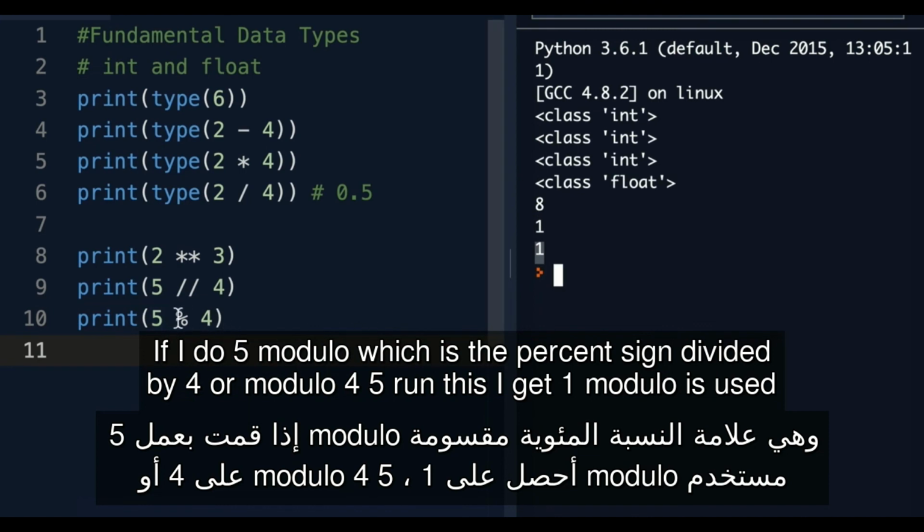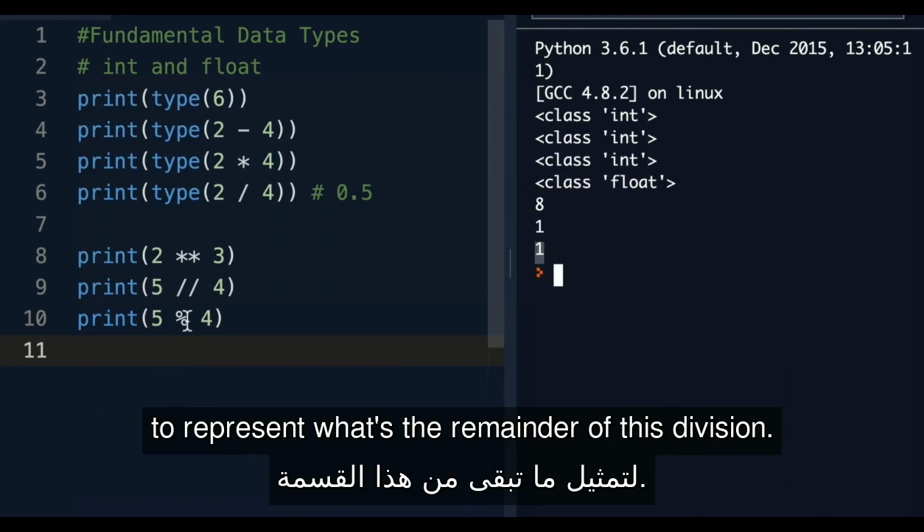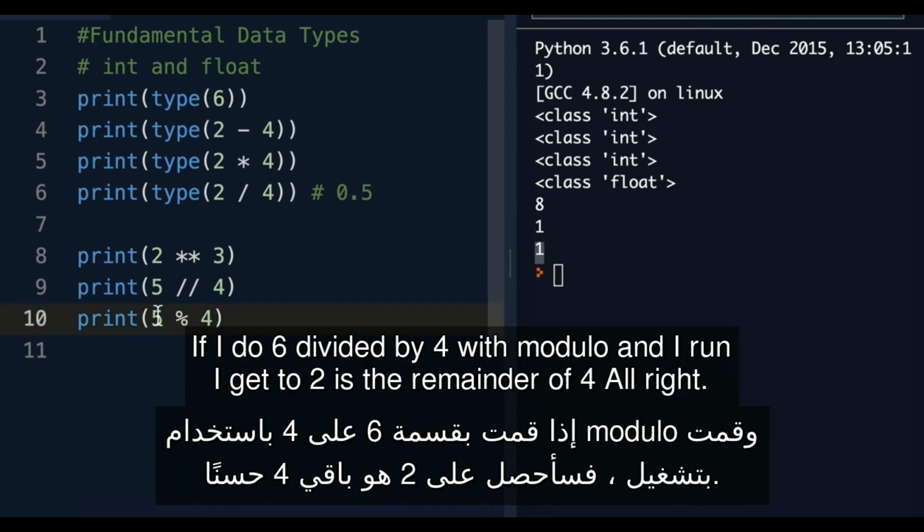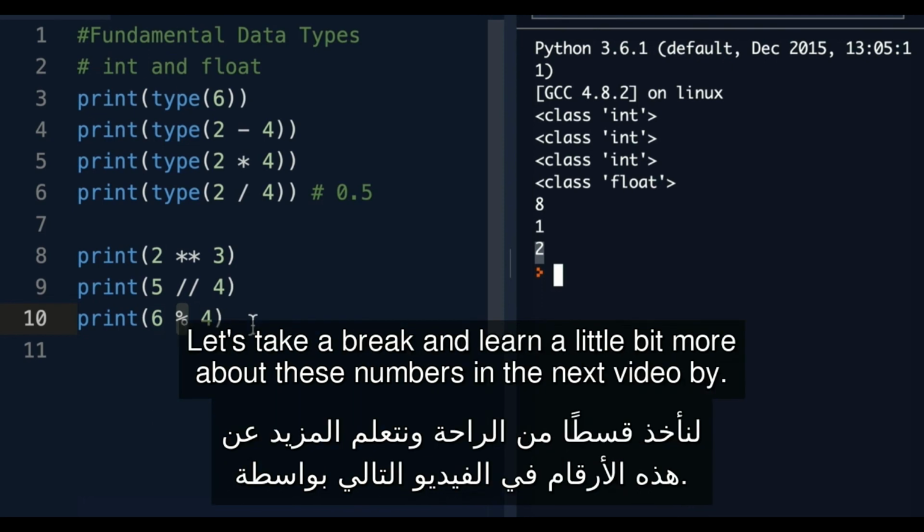Modulo is used to represent what's the remainder of this division. So if I divide 5 by 4, the remainder of this division will be 1. If I do 6 modulo 4, and I run, I get 2. 2 is the remainder of dividing by 4. All right, let's take a break and learn a little bit more about these numbers in